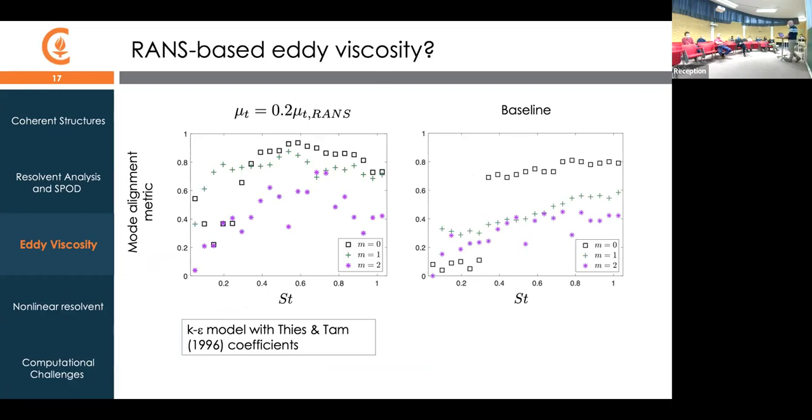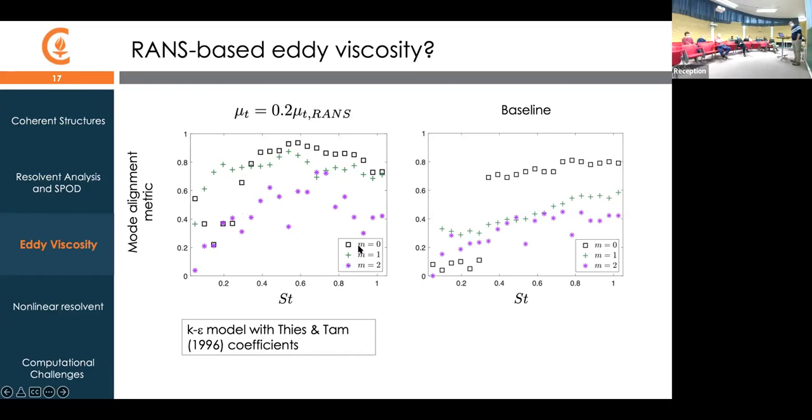So there's a lot that we learned by looking at those optimal eddy viscosity fields, but I think a more interesting part of the story is to ask, well, how special is that eddy viscosity field? Does it have any connection with what we recognize as the real eddy viscosity for the RANS of a jet, for example? So what we decided to do was to simply take an eddy viscosity field from a separately computed RANS of the same jet and compare that with the optimal case, right? So this kind of confusing plot here is the result of doing that.